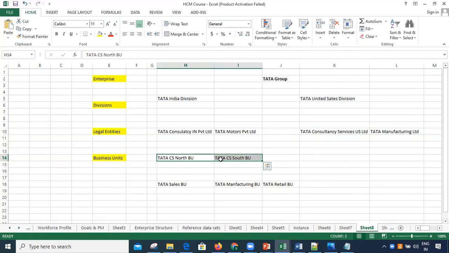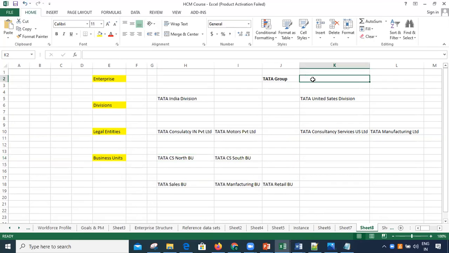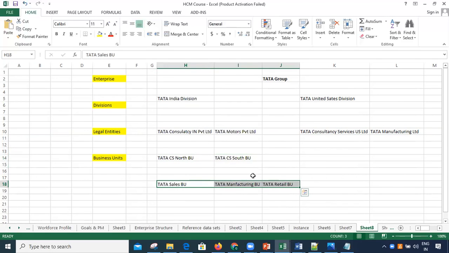So once we go for an implementation for the client, we have to understand the client's existing business structure. What is the top ultimate company of the client or the ultimate group of the client? Under that, in which places is the client operating? And how many companies is the client legally registered for doing business? So these are the companies I have under divisions. Under legal entities, then I have to identify the business units for my client, whether it is region specific or business functionality specific.